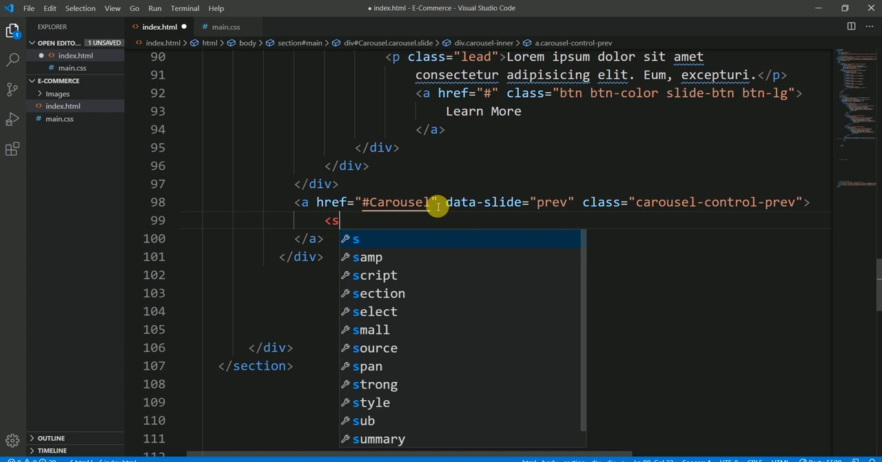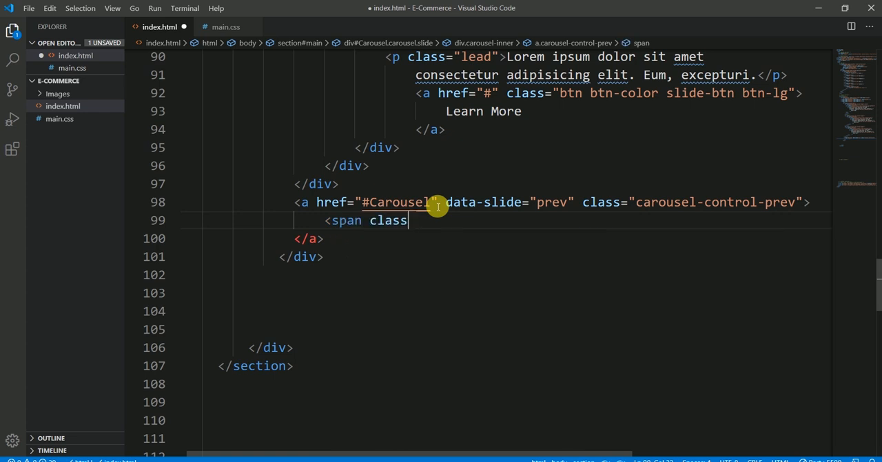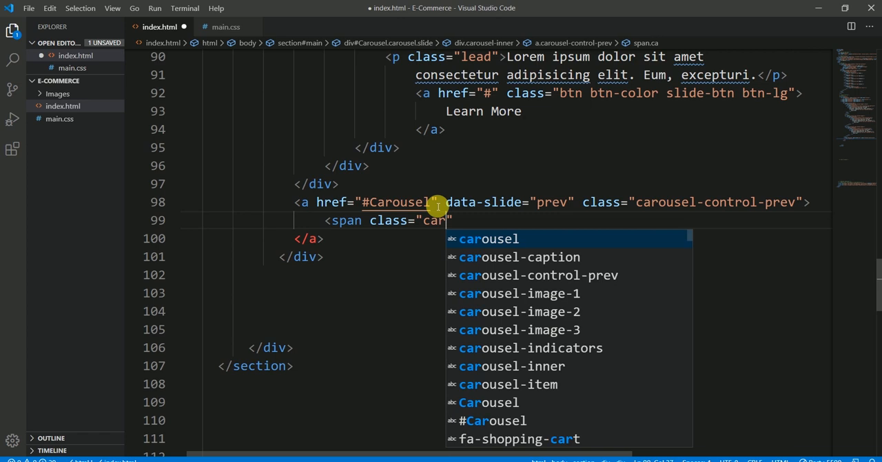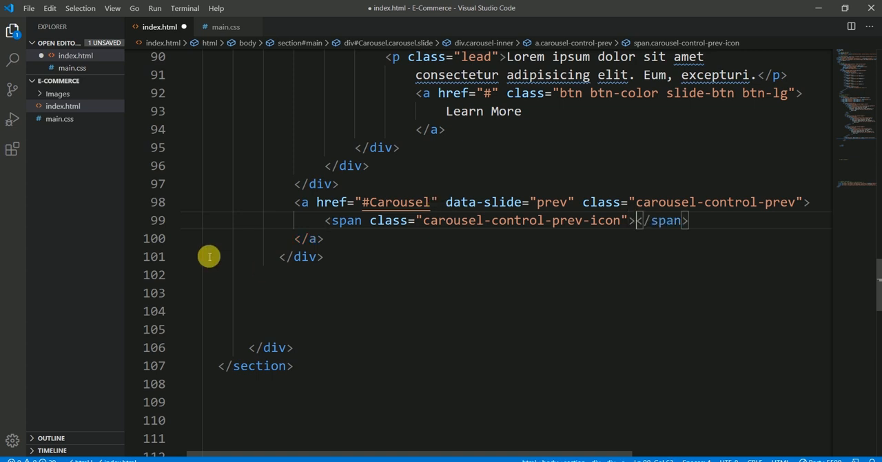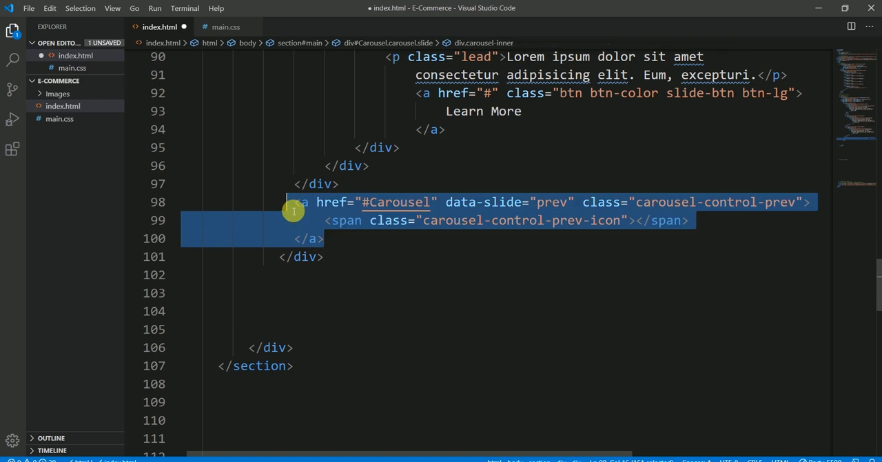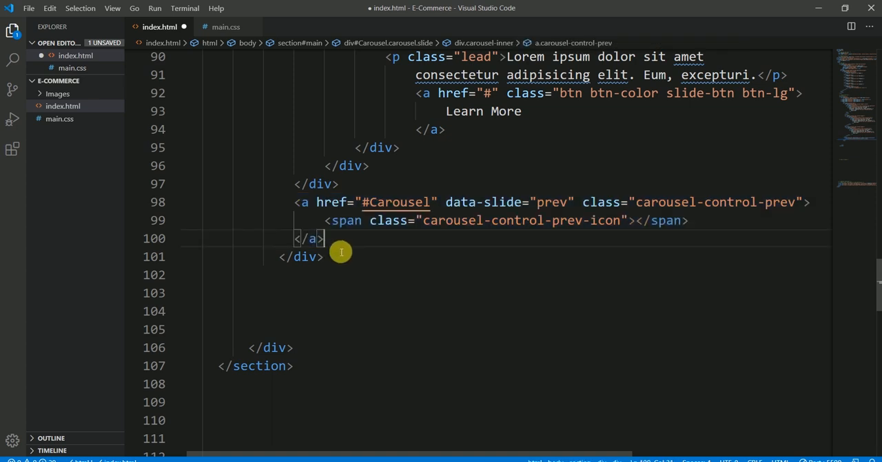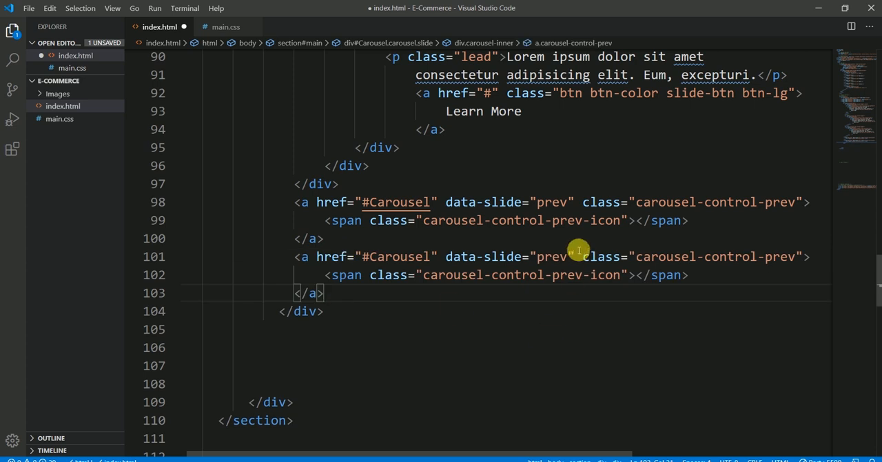and in here let's have a span element, assigning it a class of carousel control prev icon, and the span is closed. I want something else, same like this. Let's copy this, paste it, and in place of prev let's have a next class here. So it should be next. Let's save it,